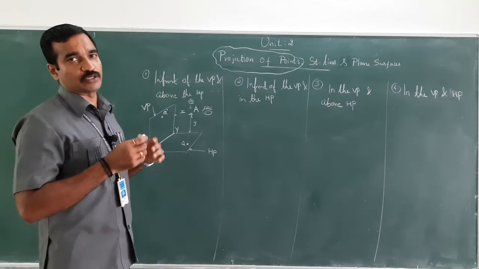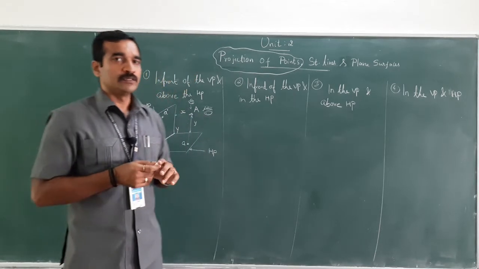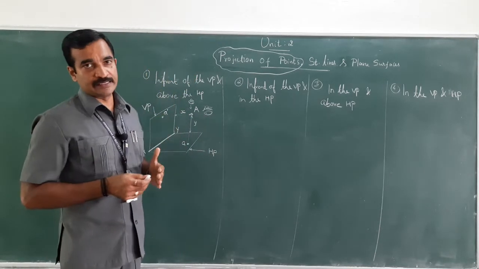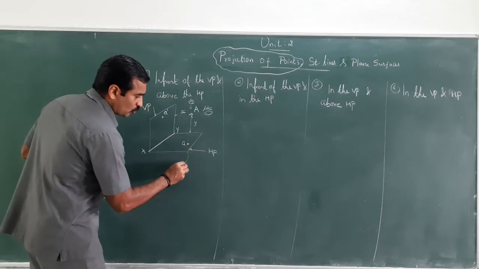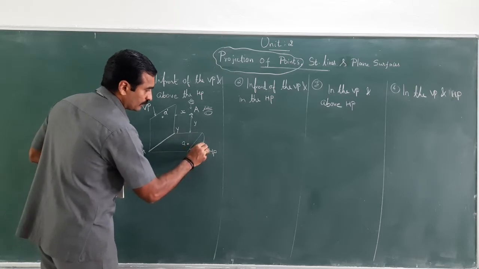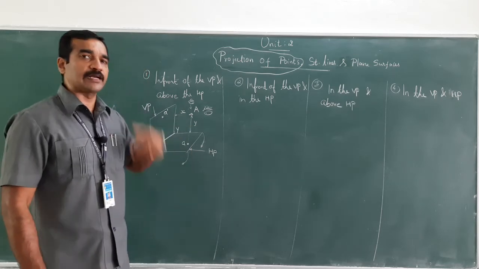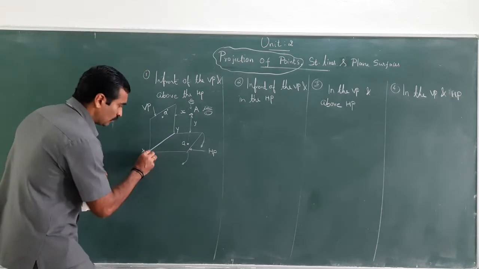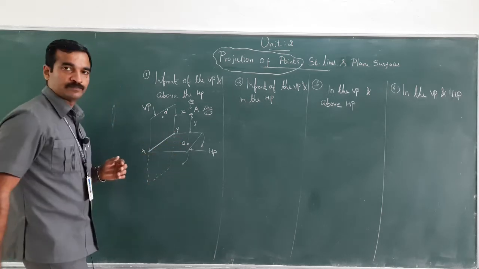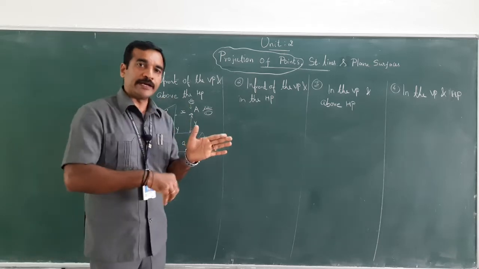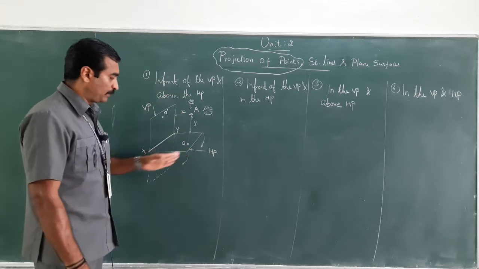So here this is in 3 dimensions, but as far as first angle projection is concerned, we'll have to draw the orthographic projection. So orthography is nothing but 2-dimensional drawing, where the object should be drawn in a single plane, right. So for that, I am going to rotate the horizontal plane by 90 degrees in the clockwise direction. If I do so, it would be something like this. When I start rotating the horizontal plane by 90 degrees clockwise, the plane would be here.